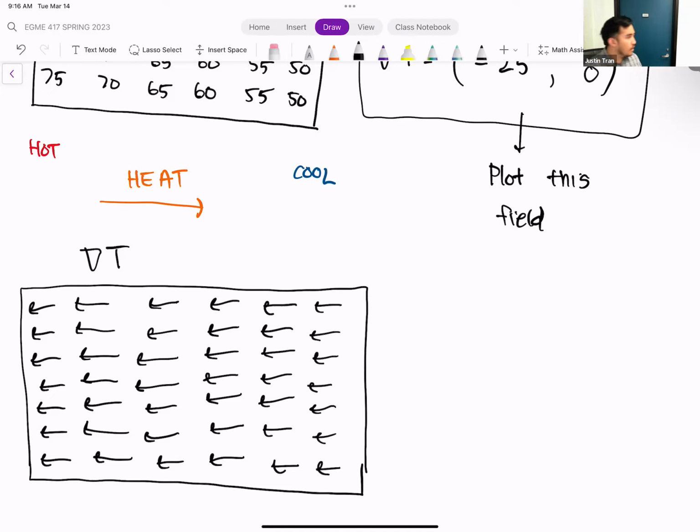Okay. So that's the gradient field. The gradient field is always pointing to the left, because that's the direction of maximum increase, right? Our temperature field is increasing from right to left, and so it makes sense that our gradient points in that direction as well. It points from right to